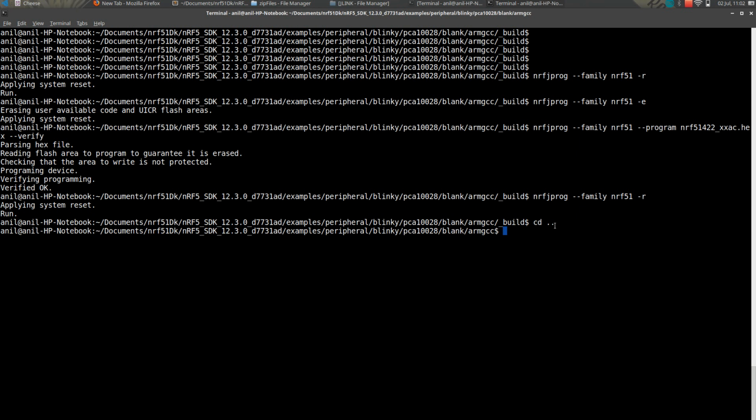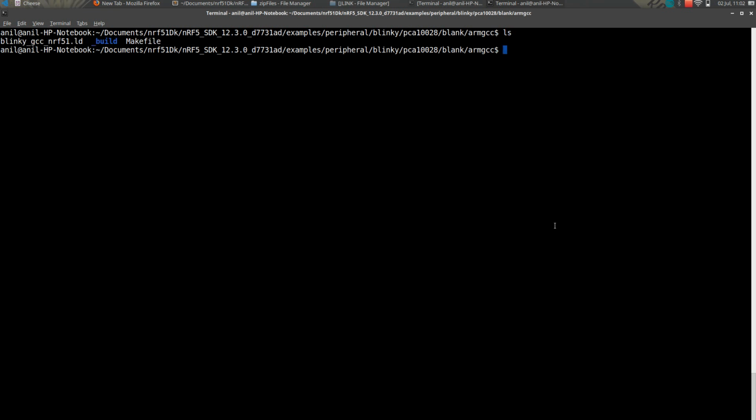So that's all there is. If you don't want to use nrfjprog, the makefile will allow you to flash directly, which is easier. You can type make flash.